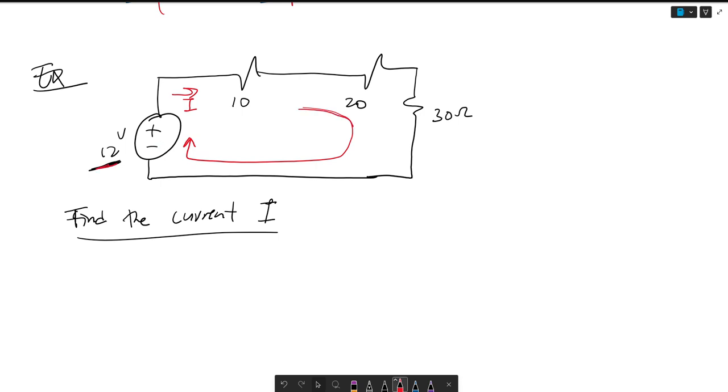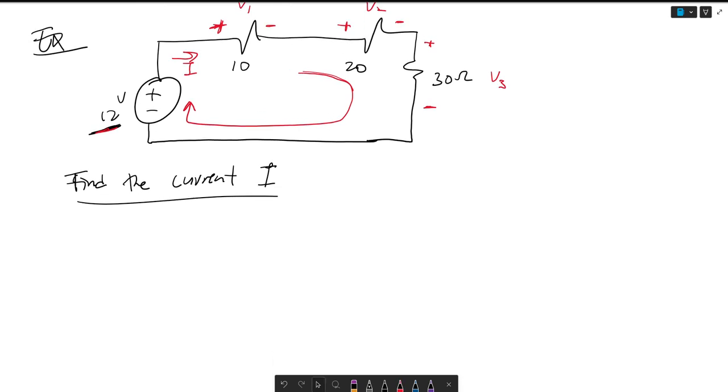So this is a voltage rise, and the remainder of the resistors are voltage drops. So they go from plus to minus, like so. So that's the first thing I do, is I consider that the resistors are pulling in a voltage drop. And I label this as V1, V2, and V3,